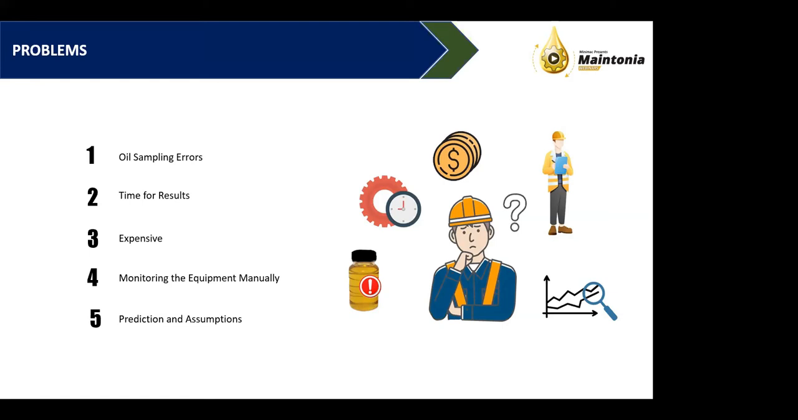Then the second point will be time for the result. Yes, the sample bottle will go to the lab. The lab has a number of works, so the sample will be there in the queue. It will come for testing after 1 day, 2 days, or a week. Then the result will come in mail, maybe another 1-2 days. Till that time the machine is struggling. If the sample result is wrong, it means the sampling time was the alarming time, and still the machine is running with the wrong oil. So we have lost 1 week or more than that